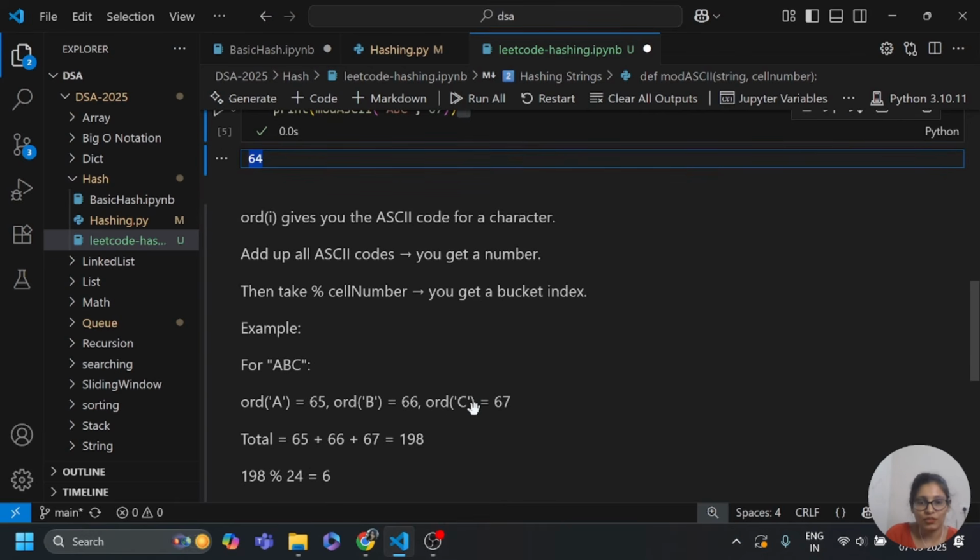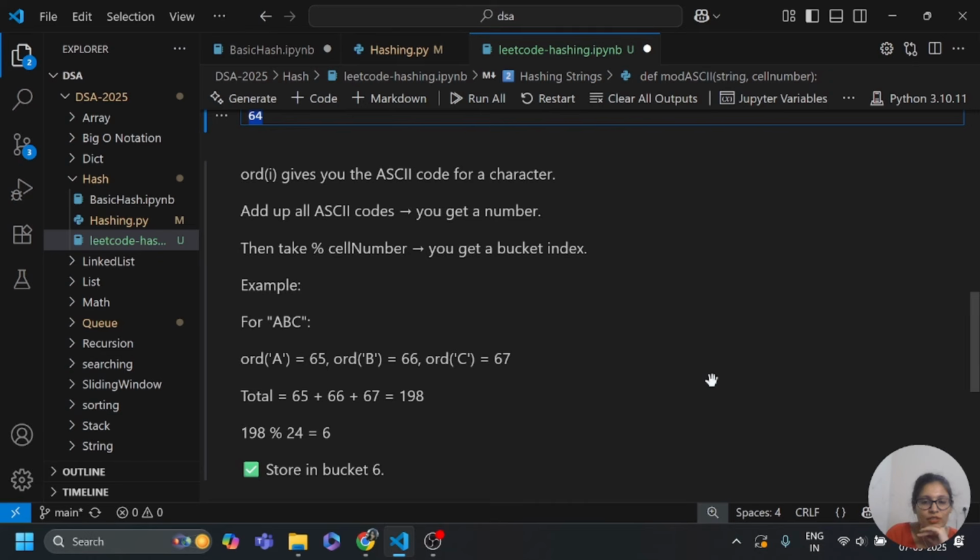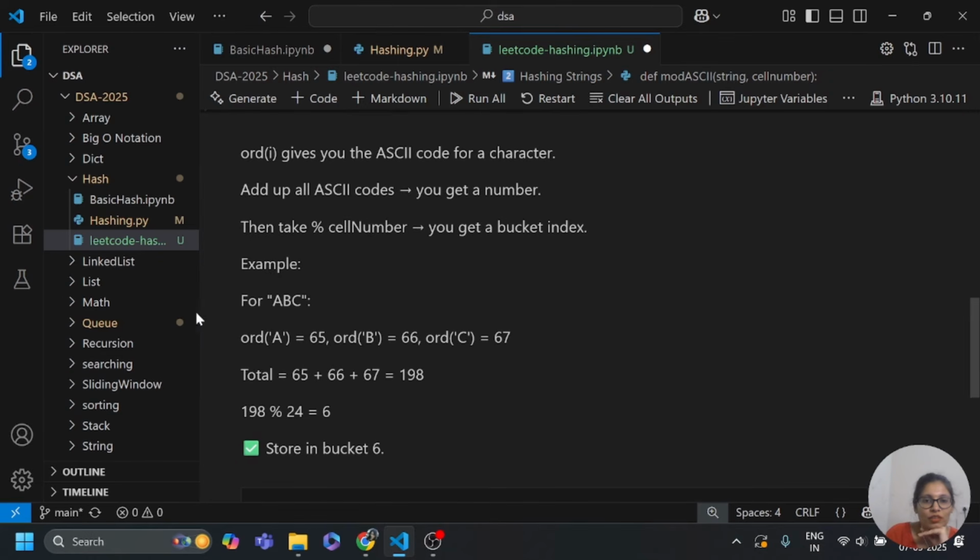So if we take one example like abcd, ord of a equals to 65. So ASCII number of a is 65 and ord of b equals 66.